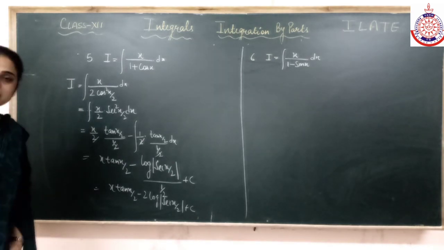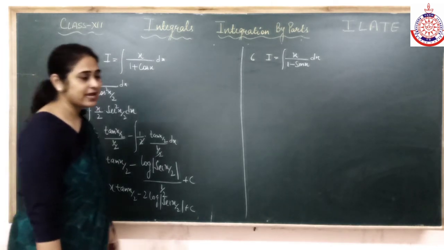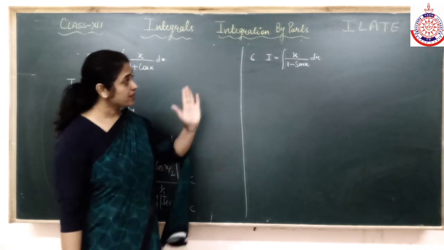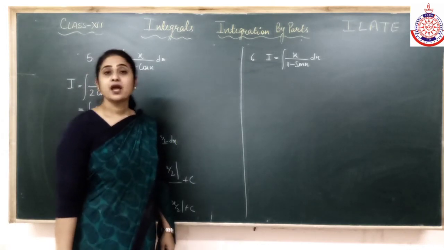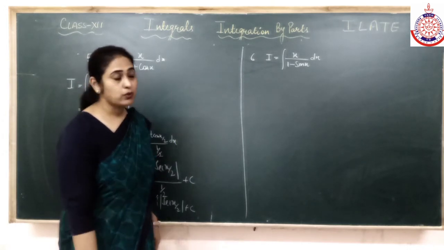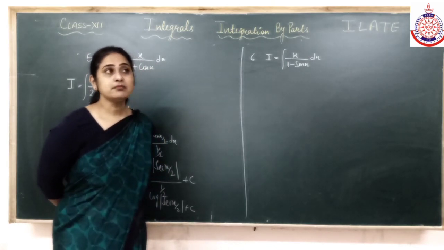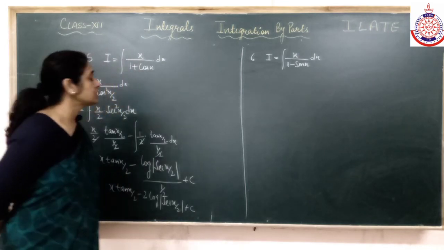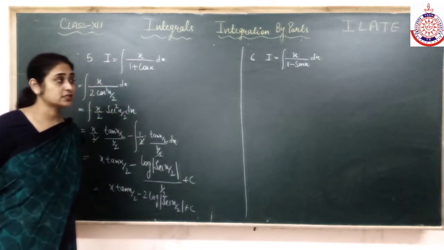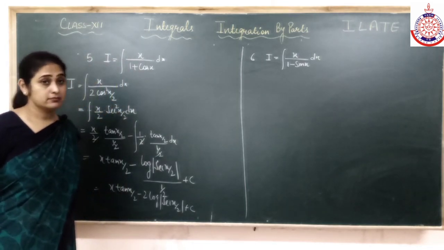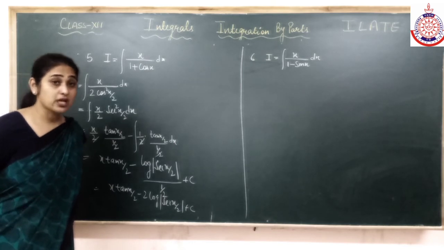This is what we are going to do. So every question is going to be different. You need to think and it will become very, very easy. If I look at the next one, x upon 1 minus sin x. Now 1 minus sin x का तो formula नहीं. Alright, that's the problem. I have a formula of 1 plus cos x. I have a formula of 1 minus cos x. Sin x is a problem. और denominator मुझे छोटा बनाना है, बड़ा नहीं बनाना.